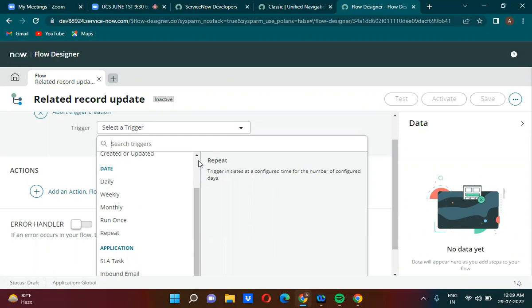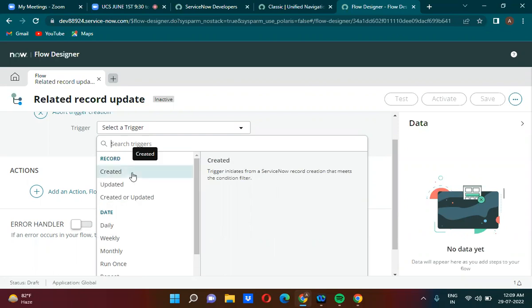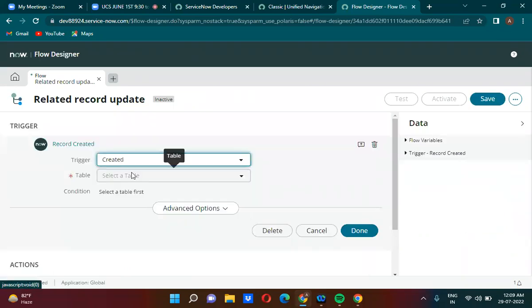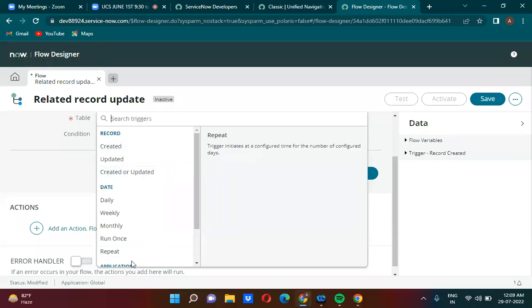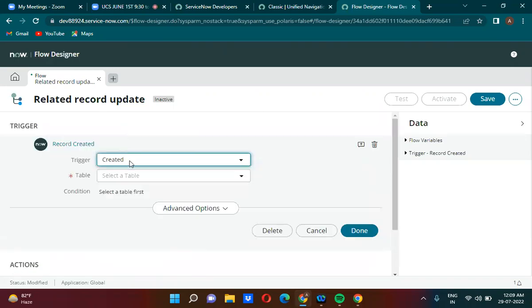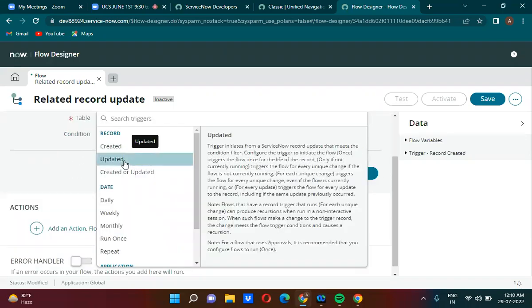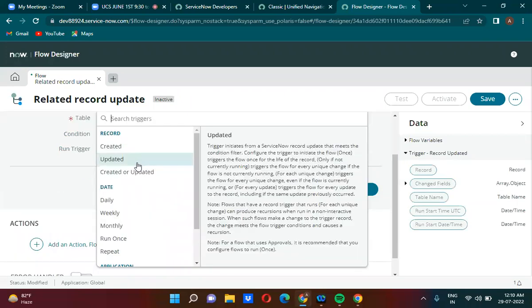There are three types of triggers. What exactly are those? Record based, date based, application based. For record based, whenever a record is created or whenever a record is updated, either one,